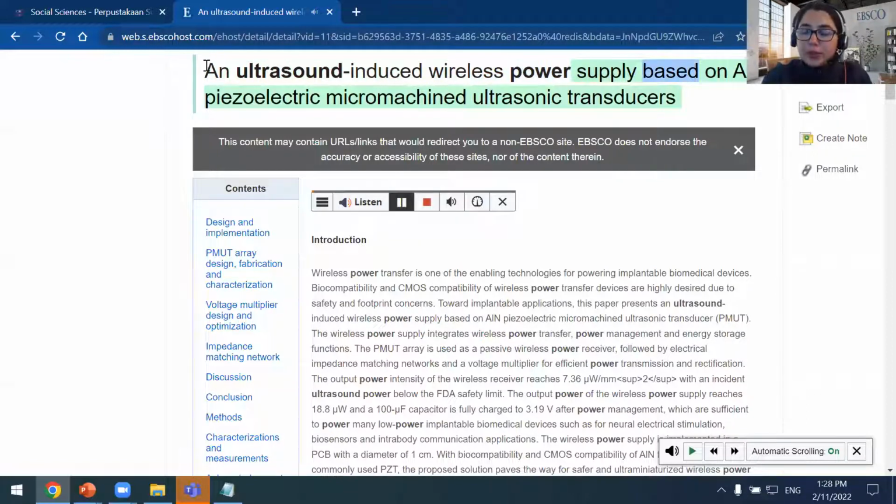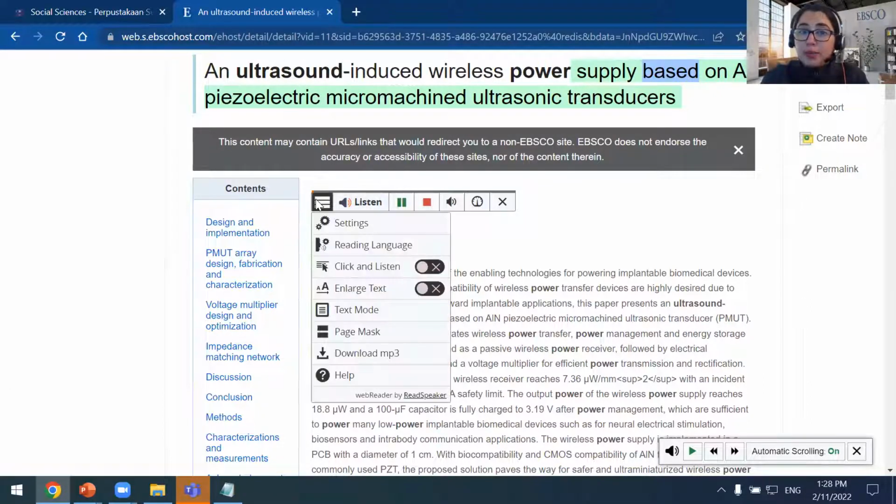So that's really useful if you have difficulty with reading the text, or if you find it easier to listen to audio rather than to read text. Or even if you just find it more convenient to listen, whatever the reason might be. I do want to point out there is the settings option to the left of the text-to-speech feature.